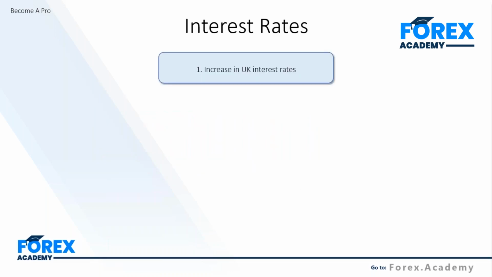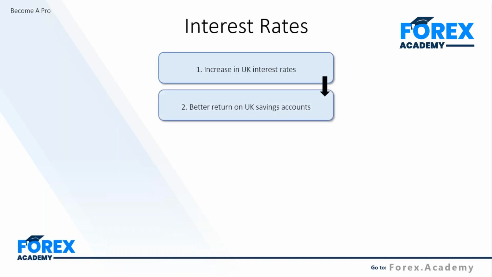So let's just go through an example here, a real example for us to look to trade. Okay, interest rates. Well, how can it actually fundamentally affect us? We'll use a local domestic deposit account to use as an example here. Well, effectively, an increase in UK interest rates is what we see. We're going to see a better return on UK savings accounts. Okay, so those banks, that's going to trickle down from the central bank into the local banking economy. It's going to offer better returns on UK savings accounts.